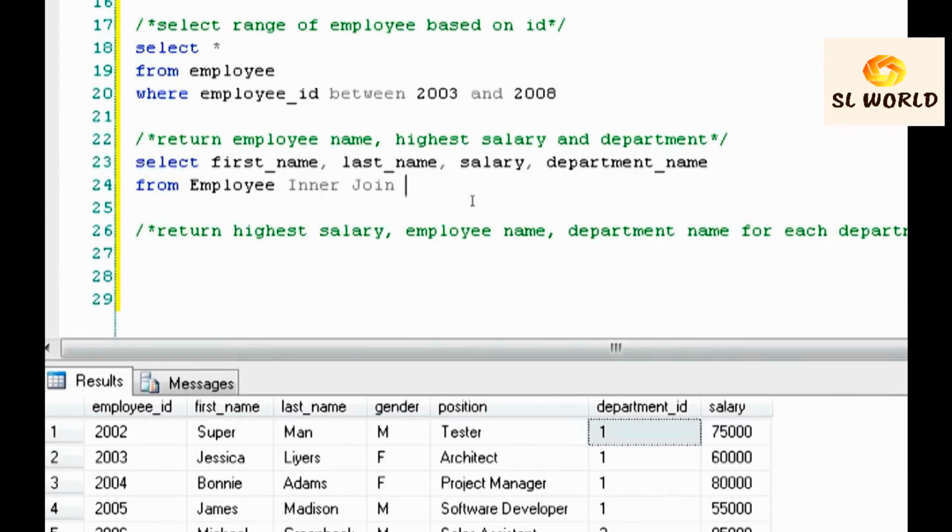And I want to join this table with the department table. And we're going to just give some variables to each one of these tables so that it's a whole lot easier to reference. So with this first name, we're just simply going to use E dot first name, which means that this first name is coming from the employee table. E dot last name comes from the employee table. Then we have the E dot salary, and then this department name is actually going to come from department,